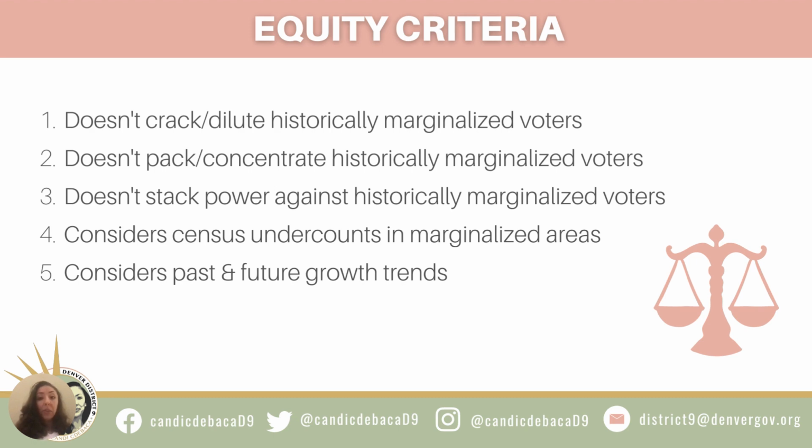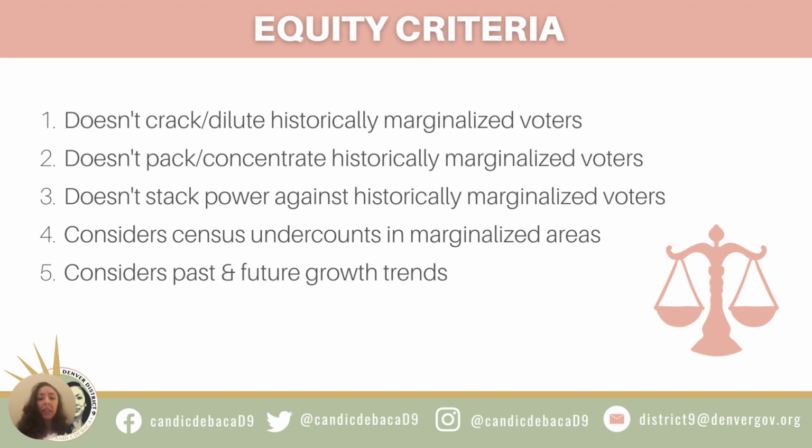And so if you've looked at the maps currently proposed, because all the maps that are going to be proposed are proposed, every single one of those maps had to meet that first layer of criteria, the mandatory criteria, to even be allowed to be proposed. So every single map, map A through, I believe it's B, C, D, E, F, G, they all meet that first layer of mandatory criteria. That second layer of criteria is subjective. So we all believe that we've met that criteria. And this third layer,